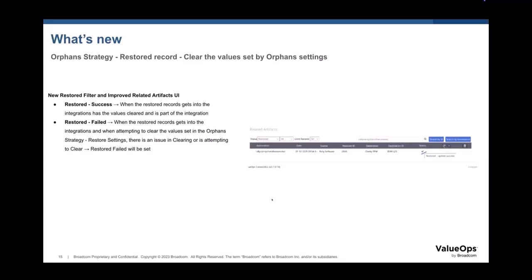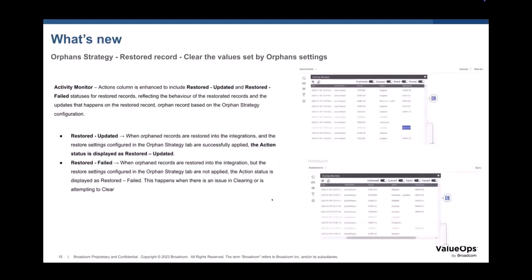On the activity monitor, we'll have this option that says restore updated, which means the record is restored and an update has happened on that particular record. And we also have a restore failed, because when you're trying to update something on that restored record, and there is a failure, if a field is not getting accepted, or for some other reason, we'll also have the restore failed